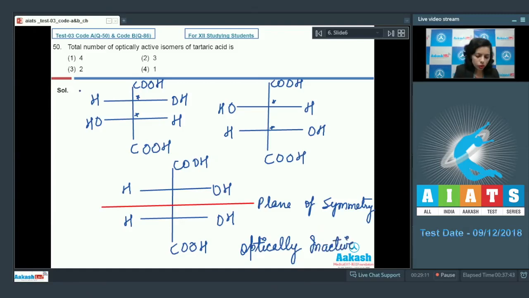What about these two? This is optically active. This is also optically active. On that basis, we can say that the total number of optically active isomers of tartaric acid is 2. That's given in option 3, and that's why the answer is option 3. Now, after this,